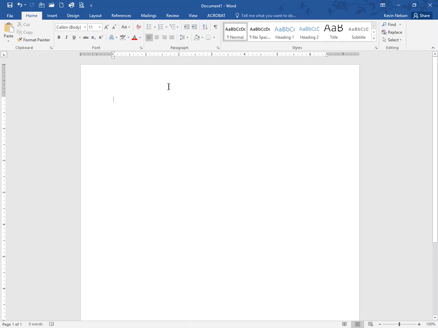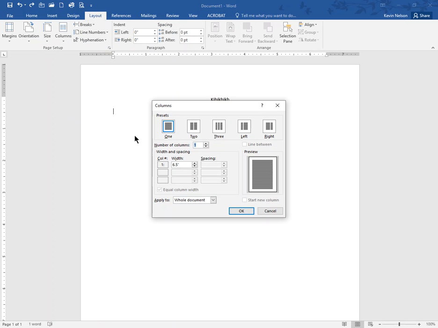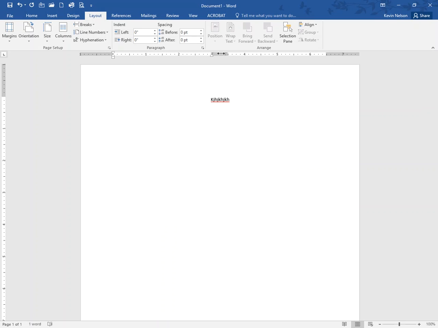And so, the essence of this in the beginning of this assignment, I don't necessarily want to just talk about what you need to do for the assignment, because the general principles are, I can have something up here, and I'm just in a single column. I could center that, and then now I'm going to go to layout and columns, and I could just hit 2 right here, but now it's going to change the whole document, so I'm going to undo that. What works better is to come down here to more columns. I can say that I want to go 2 from this point forward,